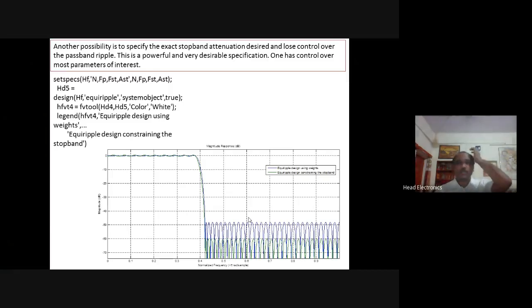So what is our objective? Our objective is to minimize the ripples in the pass band as well as in the stop band, and also to decrease the transition band towards 0 here. But what are the challenges here? The challenges are in this manner, that these three parameters are behaving like the three angles of a triangle here.